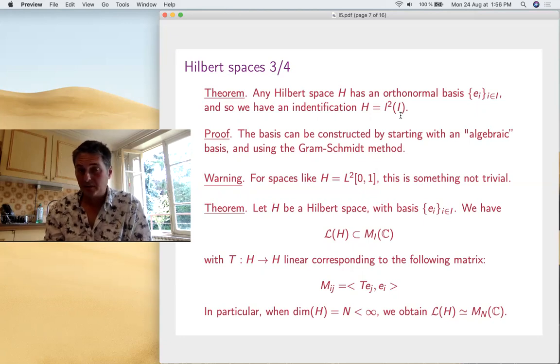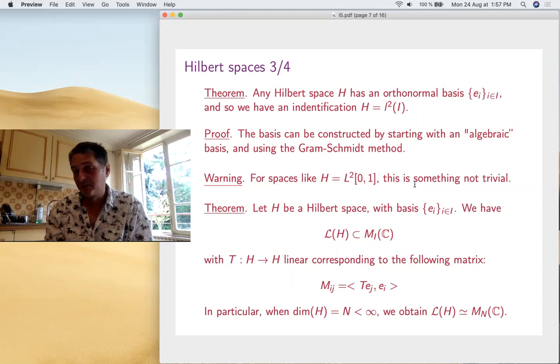When you first see this, you'll say, so why bother with all these abstractions and arbitrary Hilbert spaces? You just take l2 of I, right? Because they're all equal to some l2 of I. This is wrong, because for spaces of functions, which are very important, if you try to do this Gram-Schmidt and everything, it's going to be very hard, okay? It's the so-called orthogonal polynomials, things like that. So this is something theoretical. Of course, it's a bit of a mystery. Magic's happening here. In practice, it's better to think of Hilbert spaces somehow as things on their own.